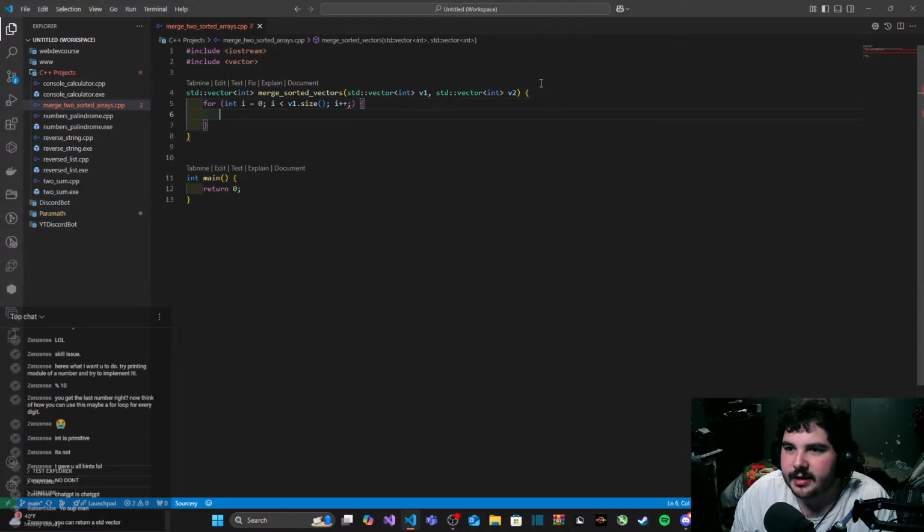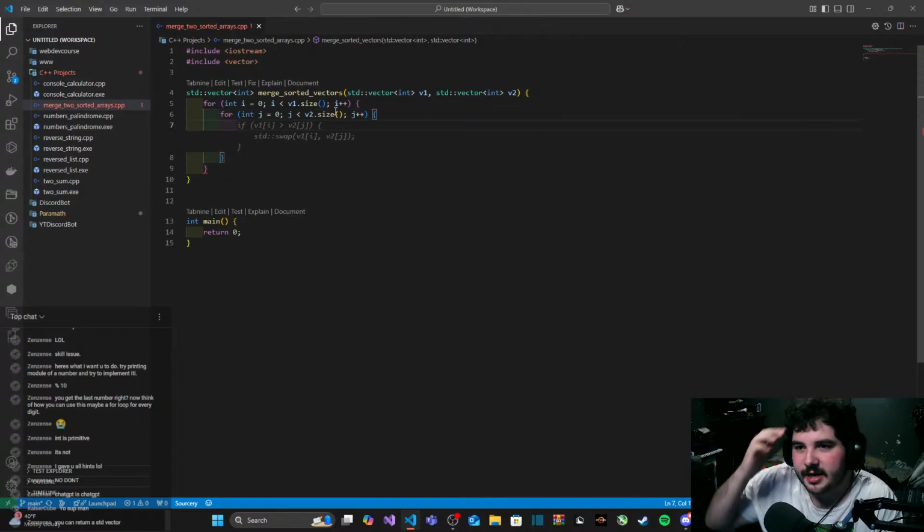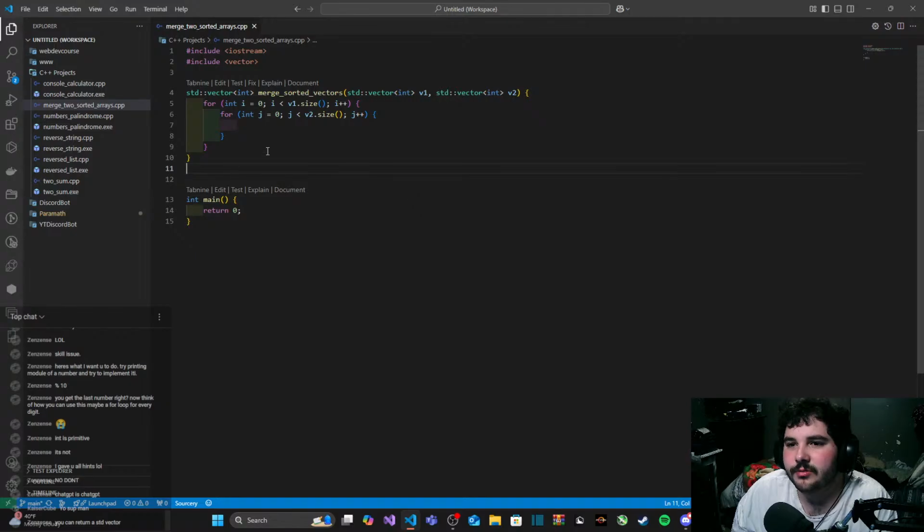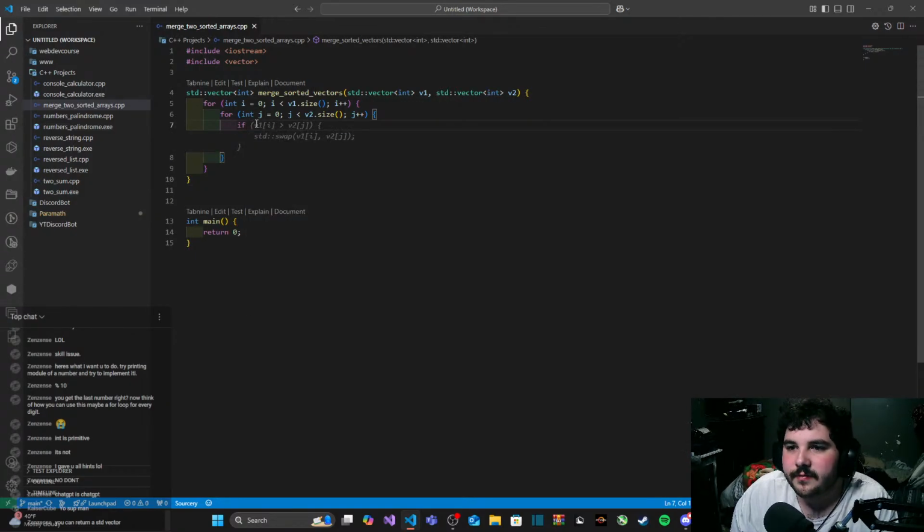I have an idea how I'm gonna do this. Whoops. I'm gonna do a nested, I'm gonna do a double for loop. Yeah, and Tabnine seems to already know what I'm gonna do. So if b1 i, what the heck is swap? All right, well, we're not gonna do swap yet.